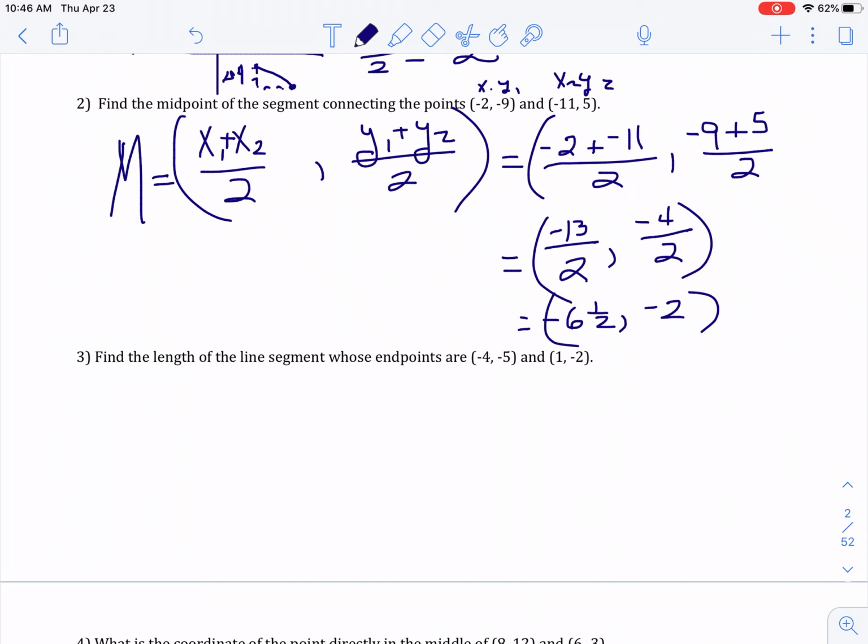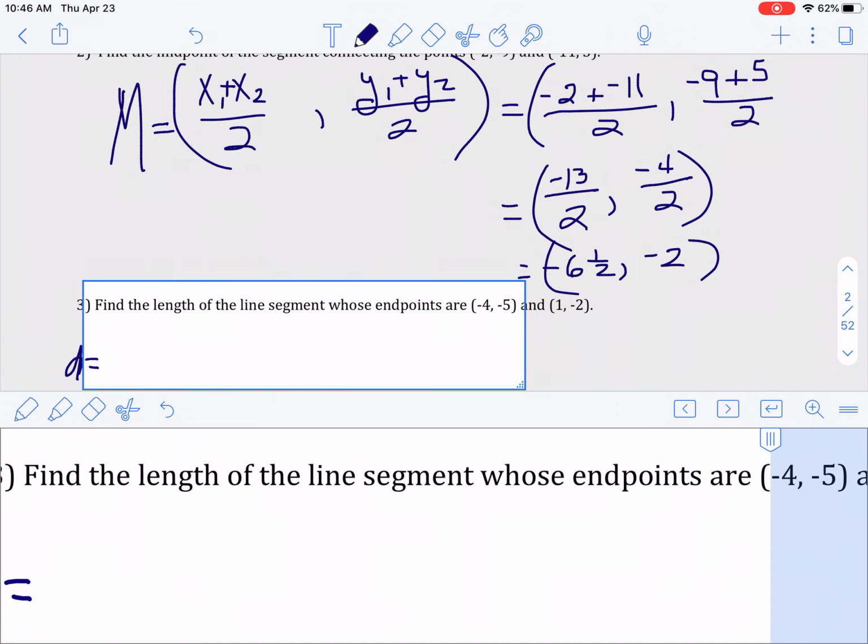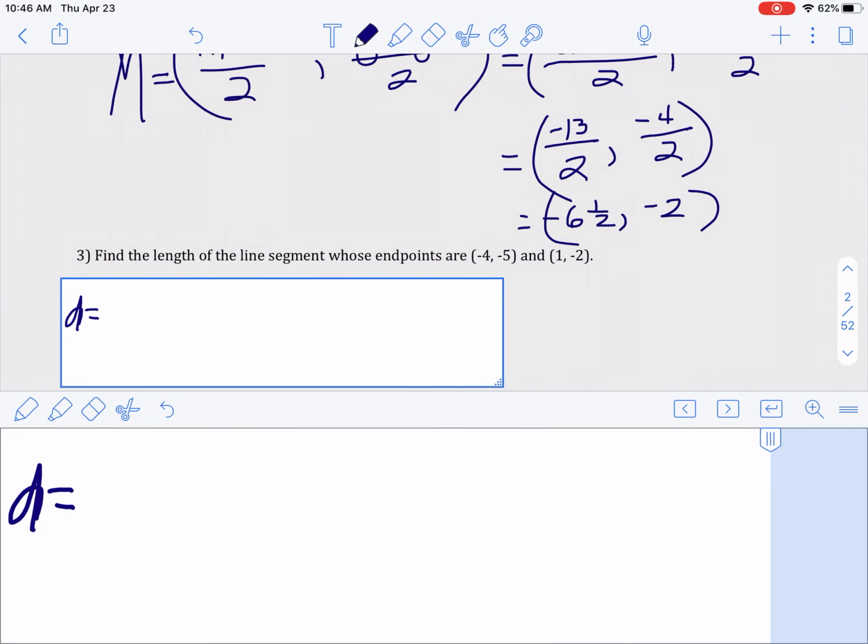Okay? All right. The last thing that we're going to do is find the length. Now, sometimes in a graph, you can just use your Pythagorean theorem. If you're not graphing and you just want to use your formula, you have your distance is equal, let me put this bar here and make it a little bit neater, is equal to radical, all right? And what we said was the difference of the x's, doesn't matter which one is first and second,